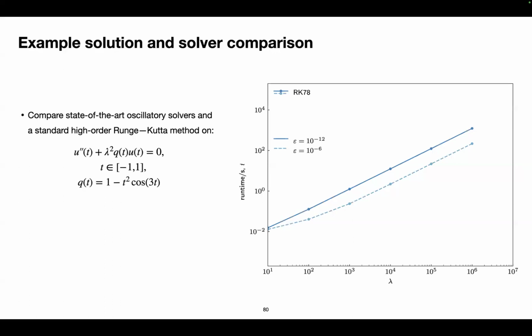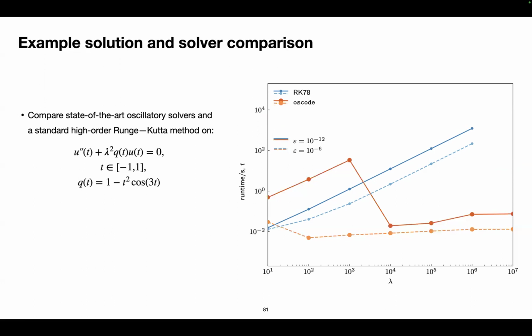So just to start off, I'm going to use a Runge-Kutta method, which is a very standard method. You can call that from pretty much any programming language. And as I promised at the start, its runtime, which is plotted on the y-axis, grows linearly with the frequency. The two lines that you see, the solid and the dashed, are the runtimes when I set two different tolerances, 12 digits and 6 digits. Now I'm going to start plotting all the other methods as well.